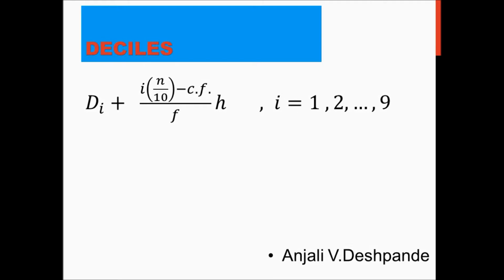So we are seeing also the formula for the deciles. In the deciles, the values of the observations in a data set, when they are arranged in an ordered sequence, can be divided into 10 parts using 9 deciles, which we call Di, where i goes from 1 to 9. And this is the generalized formula, and again all the symbols have the same meaning as described before.